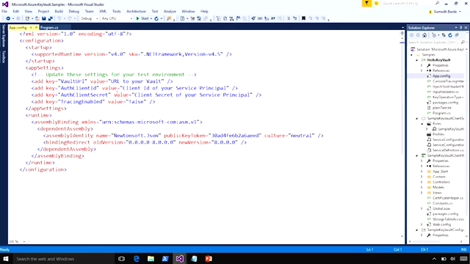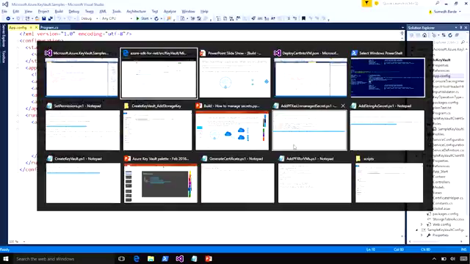In its app.config, you need to punch in the URI to your Key Vault. You need to punch in the app ID. So this requires that you register your application in Azure AD first. Always, all applications that need to access Key Vault need to be registered. And this is the app ID that Azure AD gives you. And here is something called client secret. Now, for this particular sample, we wanted to keep this simple, so we punch in a secret. But the other sample that we have in this repo,